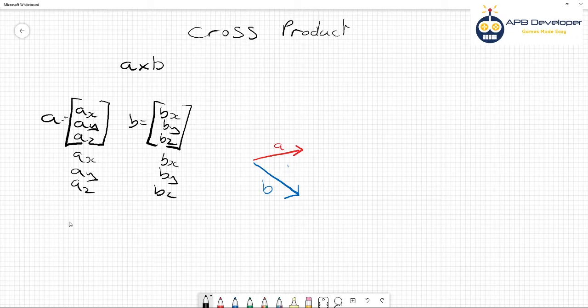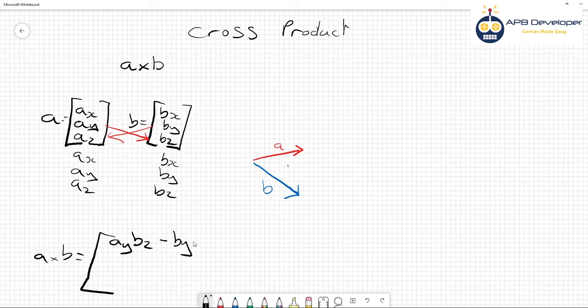When we do the cross product, we'll end up with a new 3-dimensional vector. The reason I do this twice is the first one is the X, and what we do is we do this cross. So the X component will be AY times BZ minus